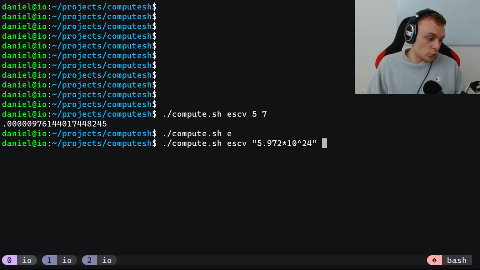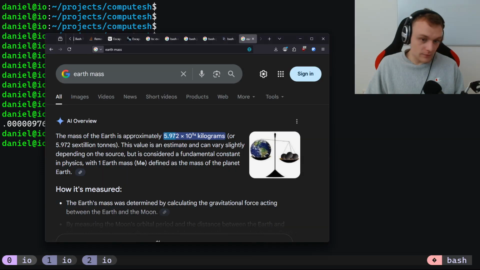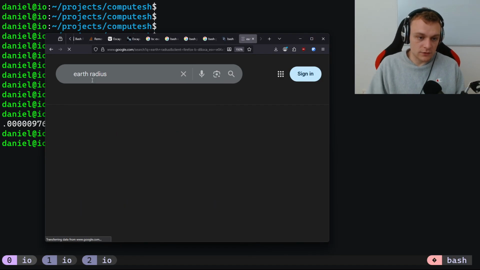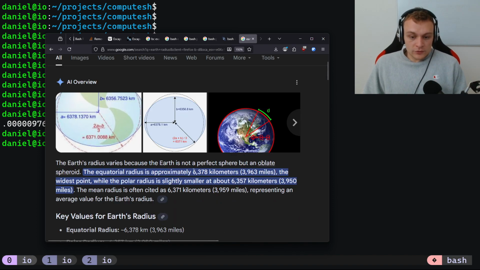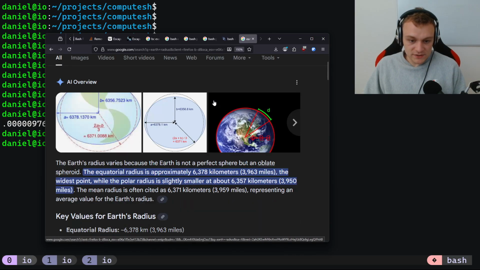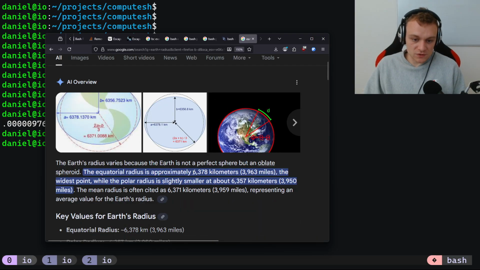And the radius is, I know the Earth is not a perfect sphere, but the radius is approximately